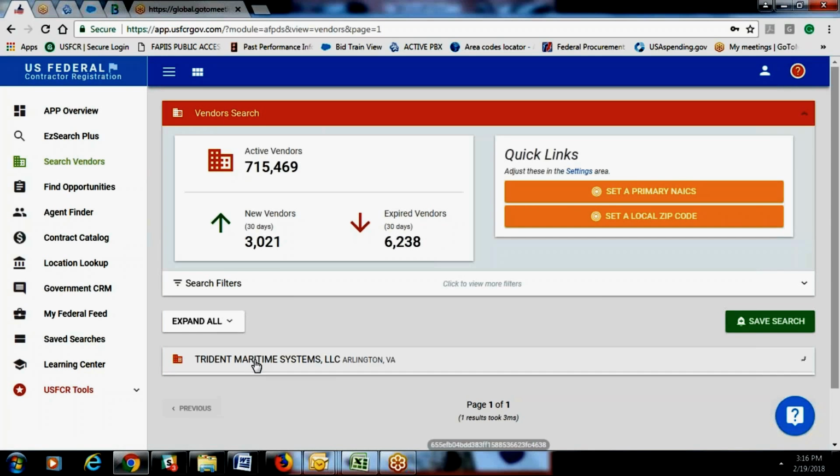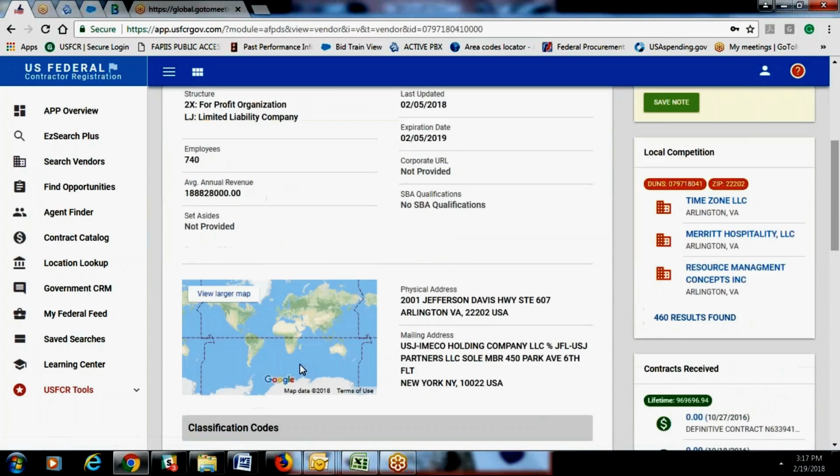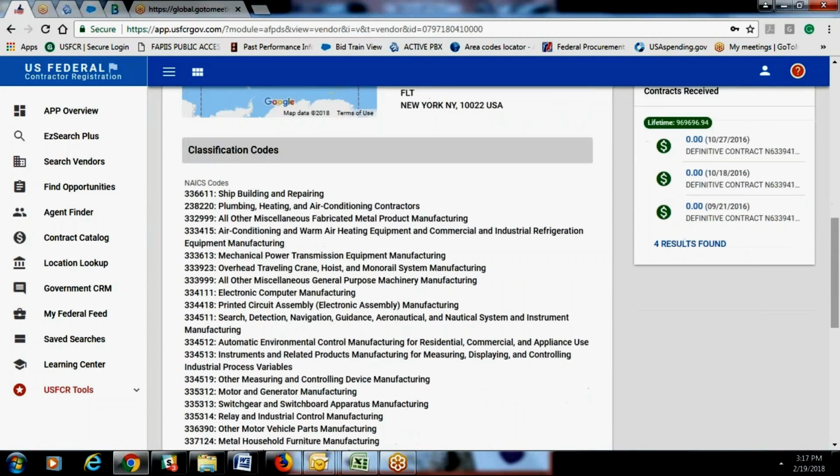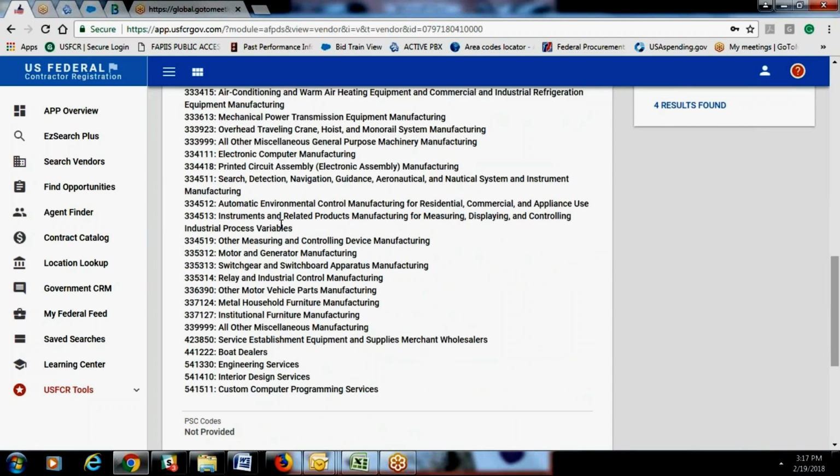Sorry, I wanted to go back to that first page. See, it has the primary NAICS code. That's what they have for theirs, 611, and I'm not sure if that's just their primary one. But you notice when John was talking, I scrolled down and these are the ones. Okay, so let me look at those. So plumbing, heating, and air conditioning, all fabricated metal, air conditioning, mechanical power overhead, miscellaneous, electrical computer, printed circuit, search,